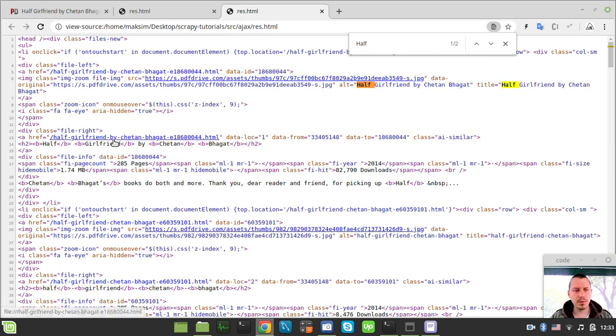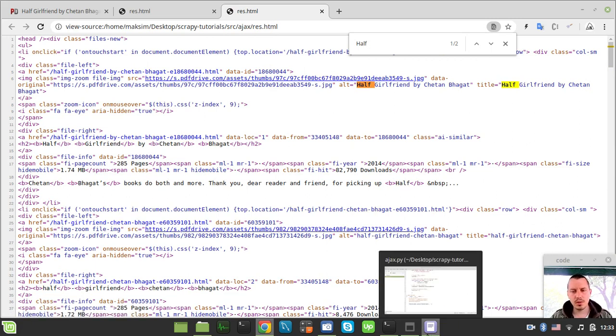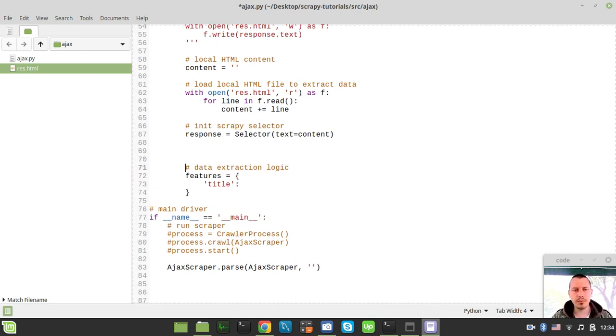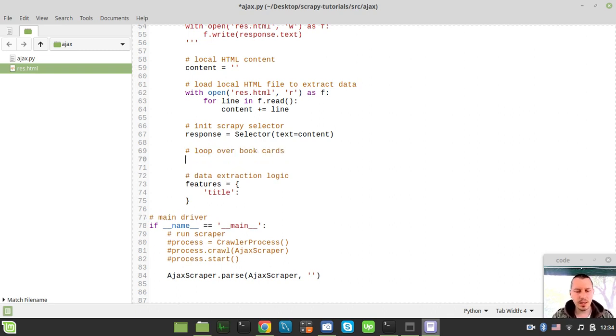Oh, so just within this kind of a tag. So we just need to extract all the text recursively. So let's start. So the title would be equal to... I guess we could have a loop before doing this. We could have actually looped over book. Let's call this cards, and I can say for card in